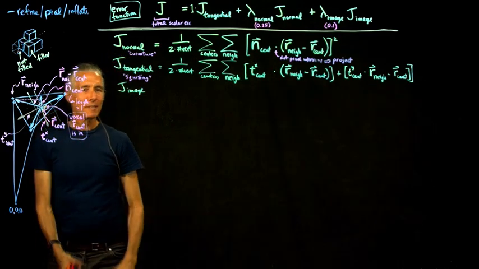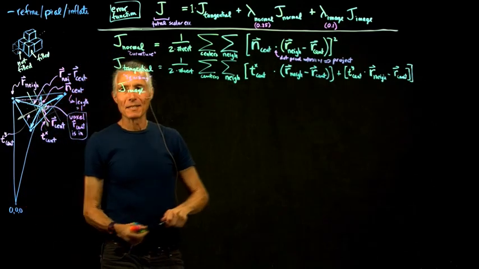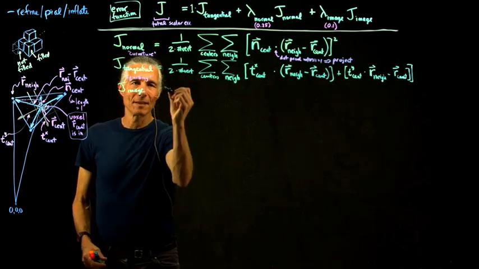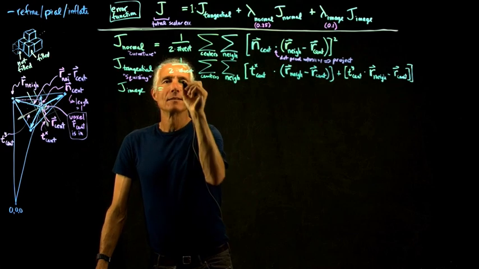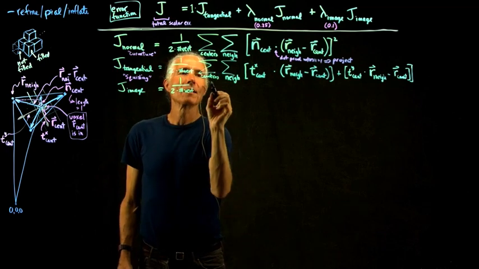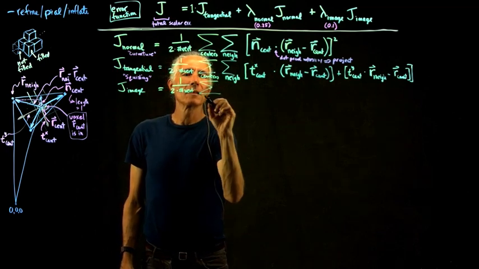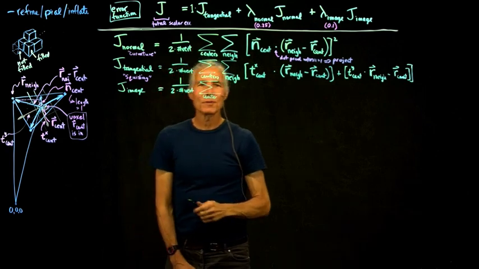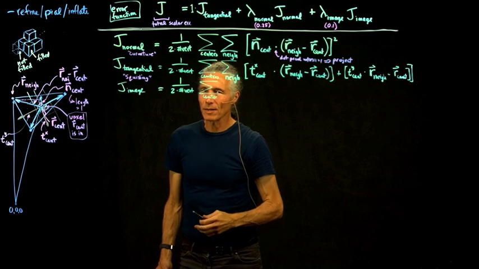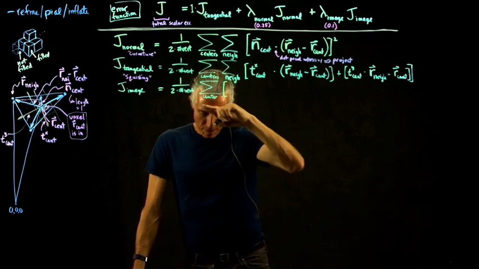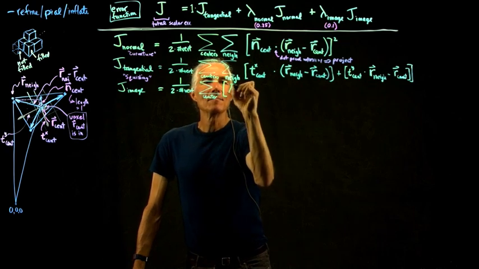And so now we have another error that says, how far are you away from where the surface is supposed to be? So that's what this one is. This one is 2 times the number of vertices. And then this one's also times all the centers. But in this case, what we're doing is we're just looking at the error in the image. And so what is that? The error in the image is going to be the image value,